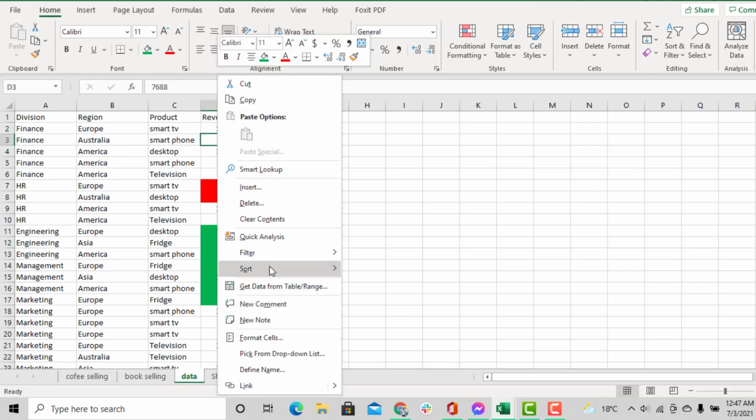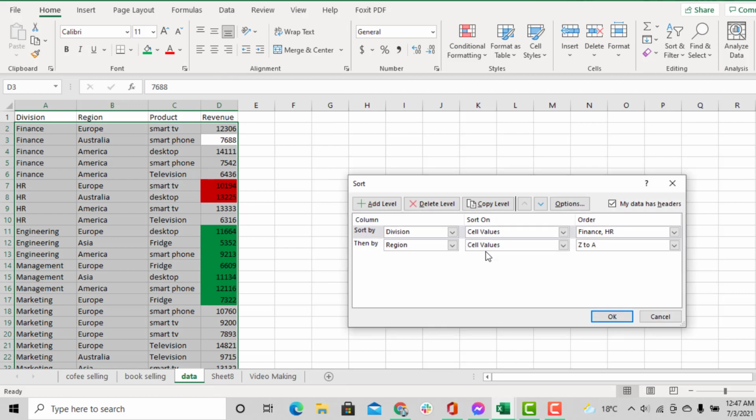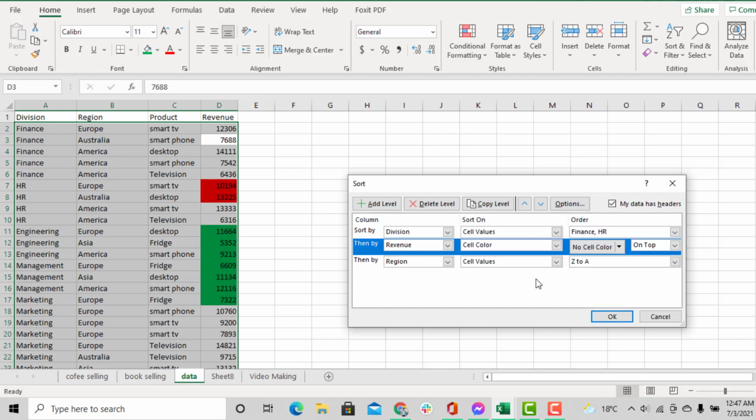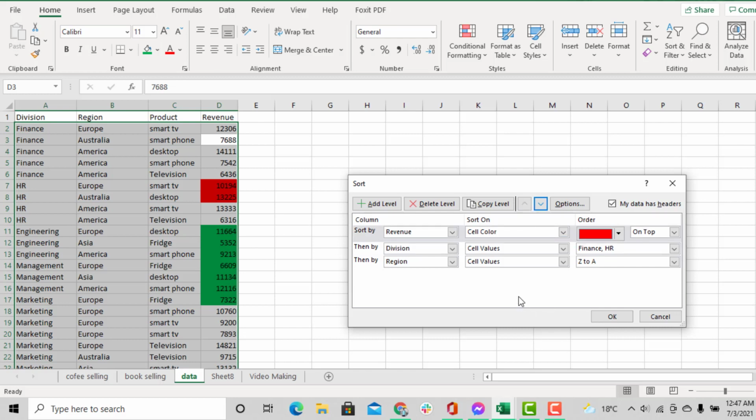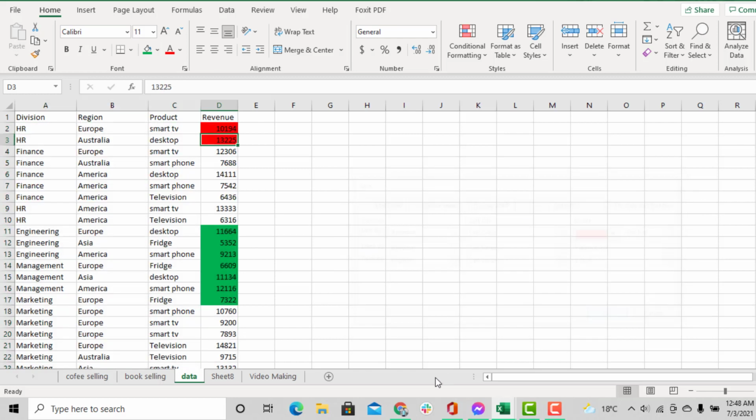I go again in the sort, custom sort, and now I'm going to make a level here, and this level is the last one, revenue, and it will be sorted by cell color, and this red cell color would be on the top, and this one I can move over by clicking this arrow button, and then I press OK. Now you can see that the red thing has